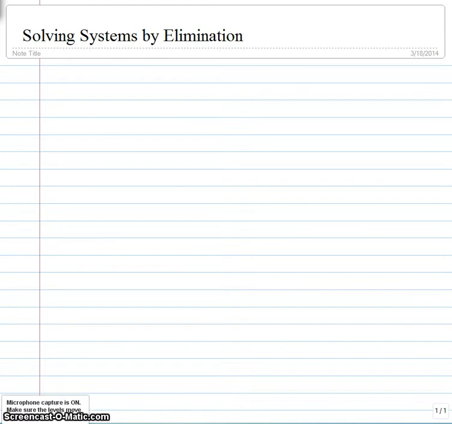Let's actually go through now and solve a system by elimination. So let's start with this single equation, 3x minus 7y is equal to 27. Now I can't solve this equation as it is because I have two variables and I only have one equation. It does let me solve for y in terms of x or x in terms of y, but there's no way to get any sort of number to pop out. I need at least two equations in order to solve